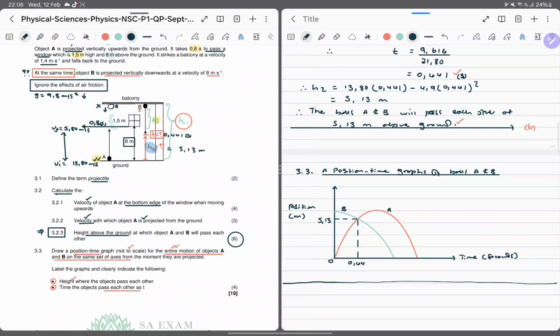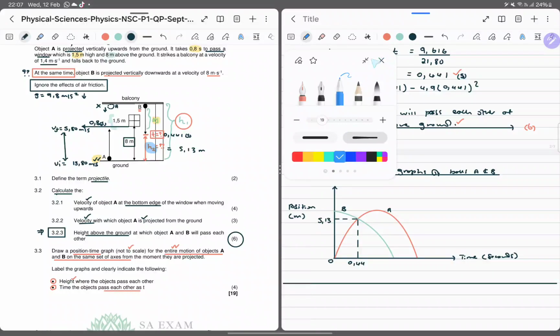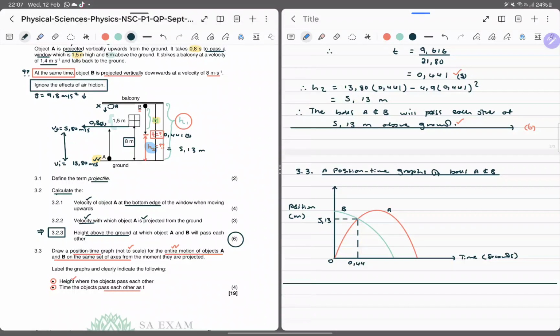So this is it, folks. Very nice question, but some blunders by the examiners, or let's not blame the examiners, but rather those people. So of course, guys, how many marks? 4. So the shape for B, the shape for A, we know these are parabolic, and essentially indicating the time, the height and the time. That's the 4 marks. And now this is for a total of 19. Okay, the last